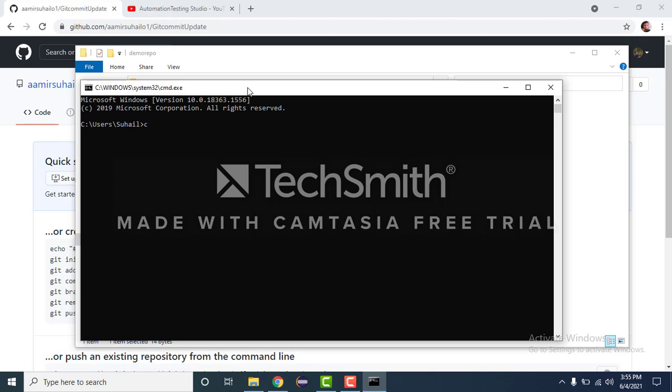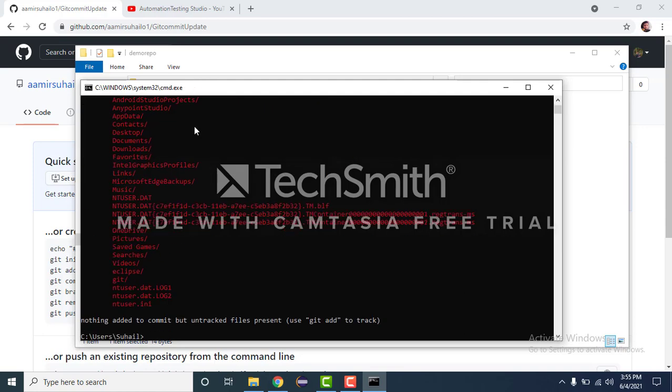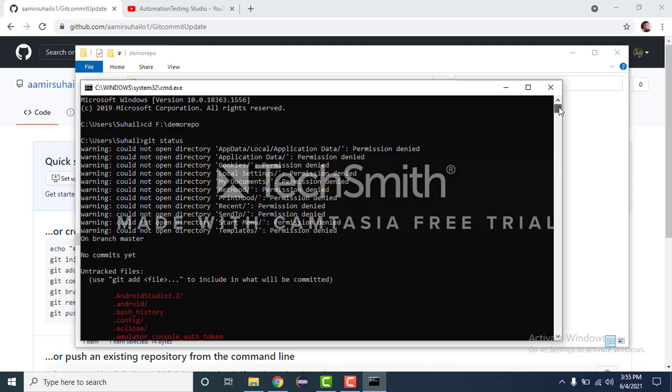Now I'll navigate to the local project that I had created, and first I'll check git status. It will show whether it is a Git repository.